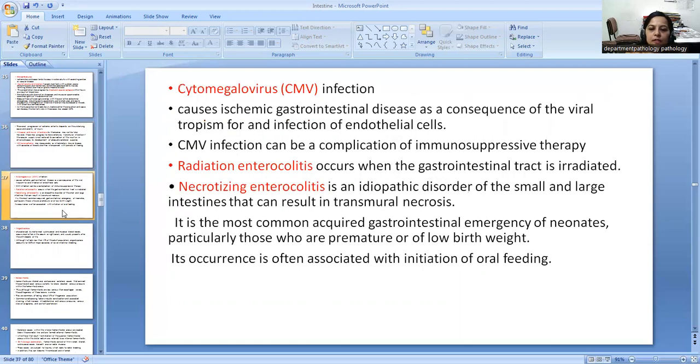Now, cytomegalovirus (CMV) infection causes ischemic GI disease as a consequence of viral tropism for endothelial cells. CMV infection can be a complication of immunosuppressive therapy. Radiation enterocolitis occurs when the GI tract is irradiated. Necrotizing enterocolitis is an idiopathic disorder of the small and large intestines that can result in transmural necrosis. It is the most common acquired GI emergency of neonates, particularly those who are premature or of low birth weight. Its occurrence is often associated with initiation of